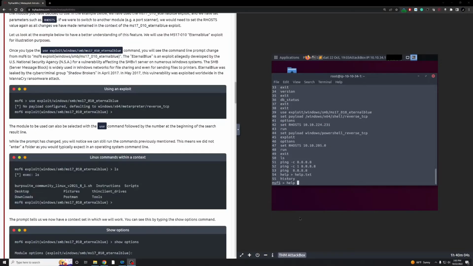Let us look at the example below to have a better understanding of this feature. We will use the MS17-010 Eternal Blue exploit for illustration purposes. Once you type the use exploit/windows/smb/ms17_010_eternalblue command, you will see the command line prompt change from MSF6 to